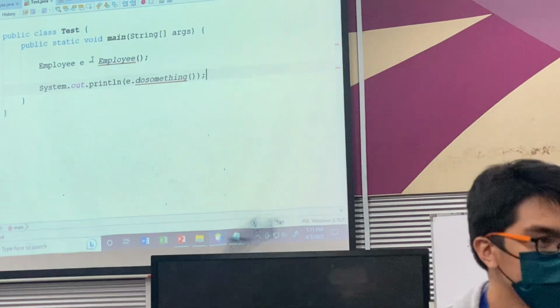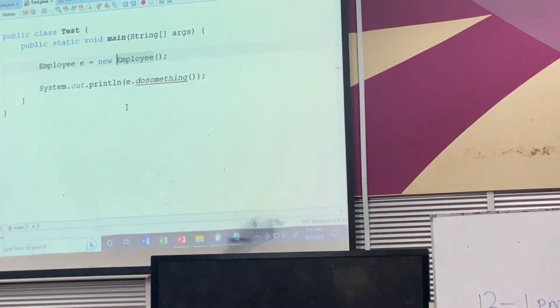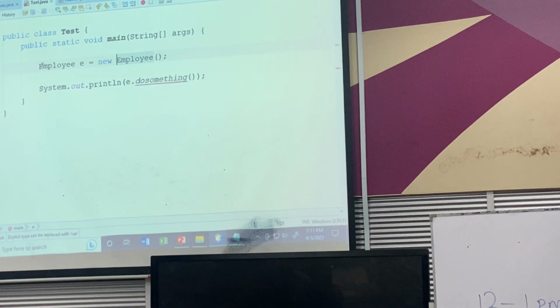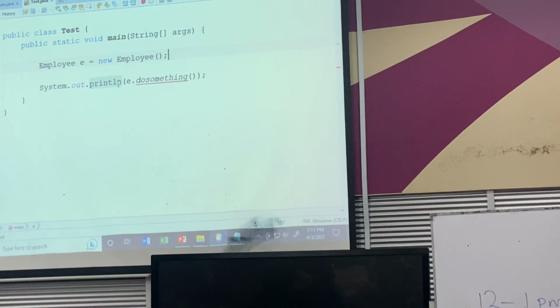What's wrong with this employee? Missing new. Okay, now I try to put in this object, e dot doSomething. Why does doSomething have an error? When you see the error message, it says this one,